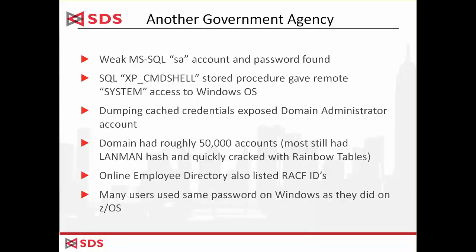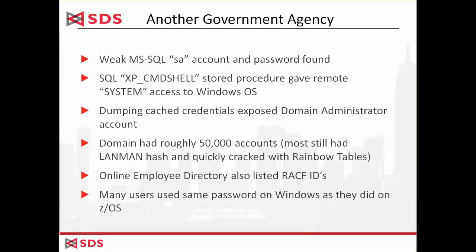Well, since this organization also had a mainframe, we noticed in looking through another web application that we were examining, in their online employee directory, it had a number of different fields of information for particular users. So for example, it'd have their full name, their division, their building location, their email address, and in some it actually had their RACF ID. Well, now I had a name that I could map to a RACF ID almost instantly, and since we had every single password,